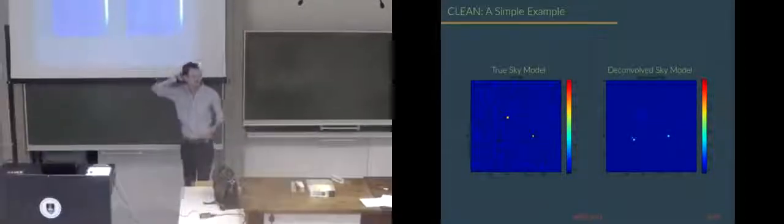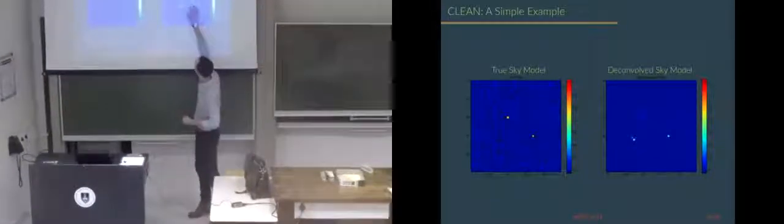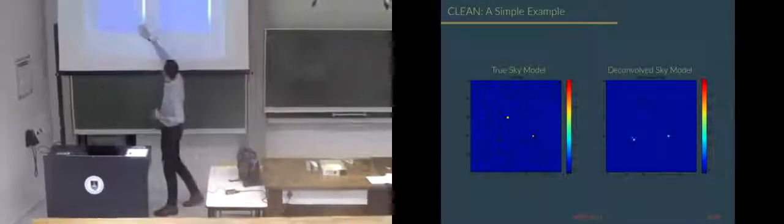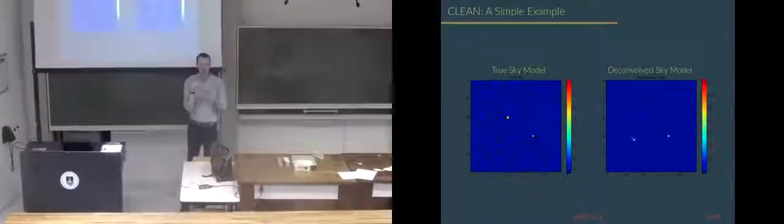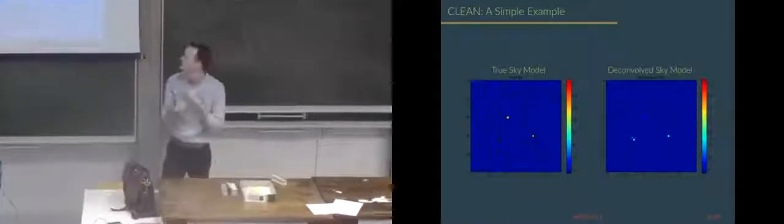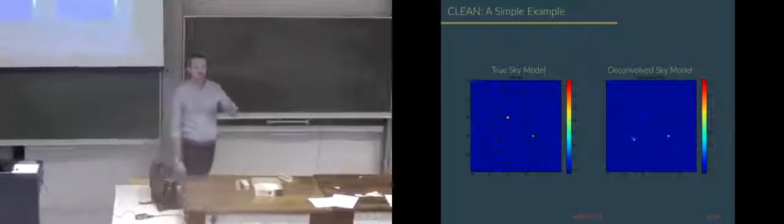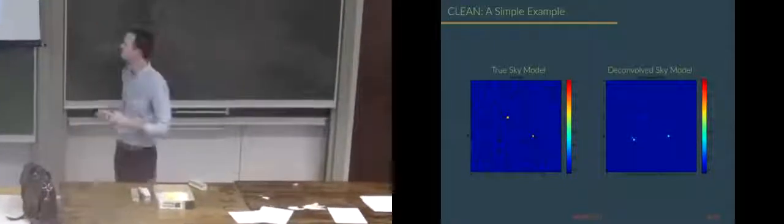So even though this is our true sky, this is what our deconvolution method came up with. So it's not quite perfect, is it? First of all, you see these are on the same flux scale. You can see these 2 sources are at lower flux than there. And not only that, this source up here, because of how the noise structure is, is kind of spread out. A bunch of the flux is spread out over a few pixels. And then you see a few pixels here of power, which is presumably because of a PSF side lobe, and then some noise. So we don't produce a perfect recovery, but we produce some sort of recovery. It's not the worst recovery.